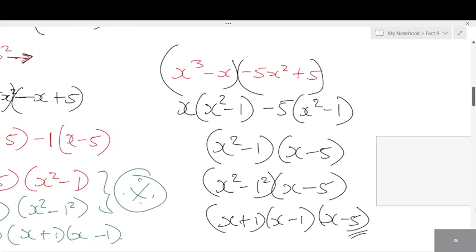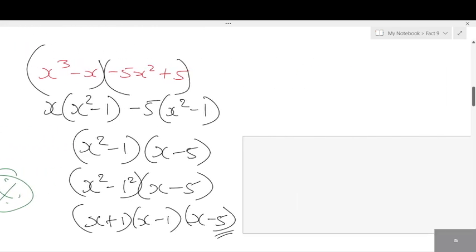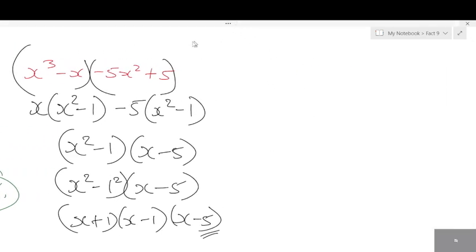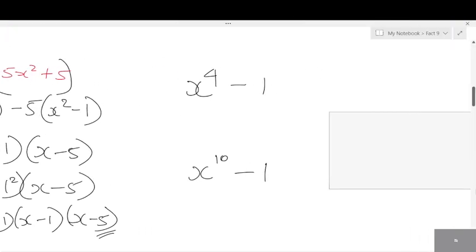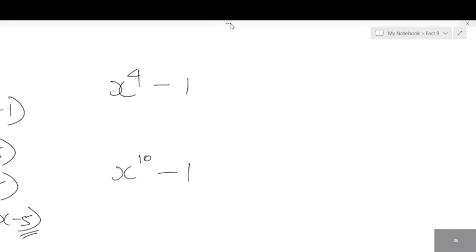Okay. See, they might give questions like this, students. Look here. This 1 is a very important number when it comes to a square minus b square factorization. Remember this number 1. They can even give you x4 minus 1, x to the power of 10 minus 1. So you have to factorize this. How do you factorize x4 minus 1? How do you factorize this? I have to write